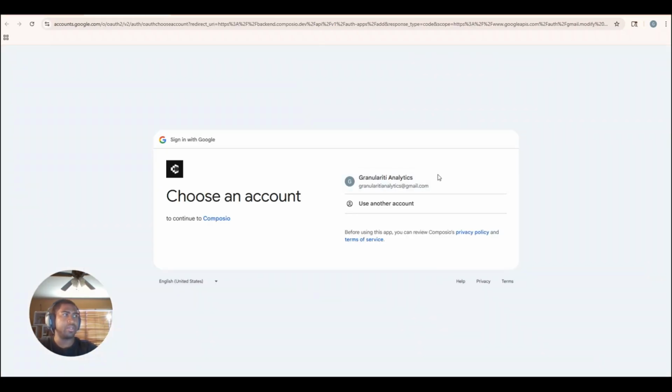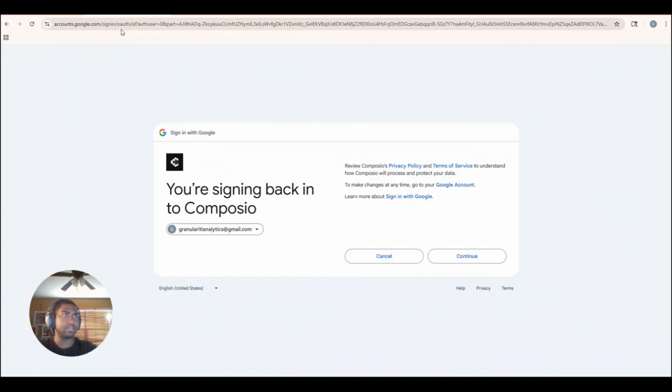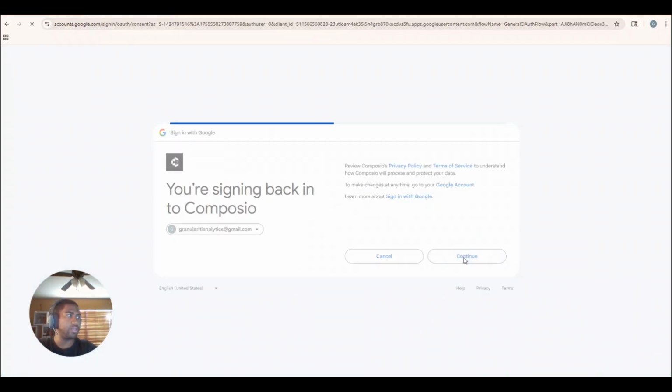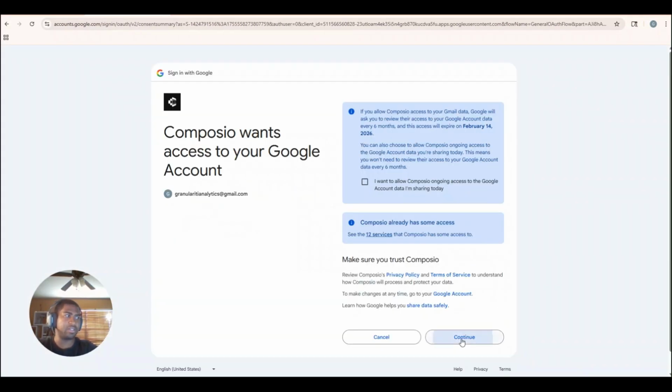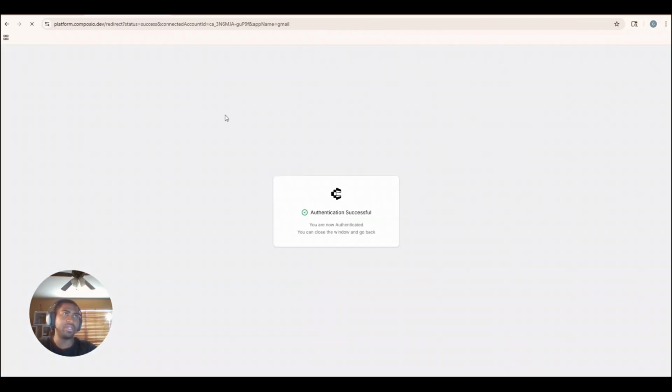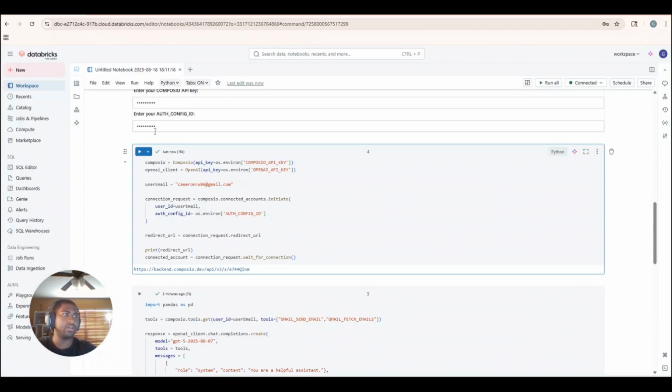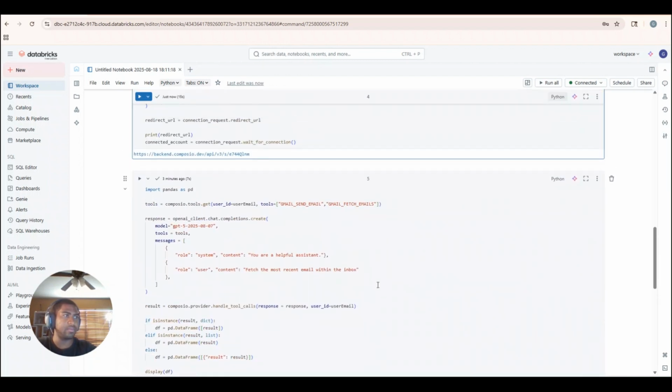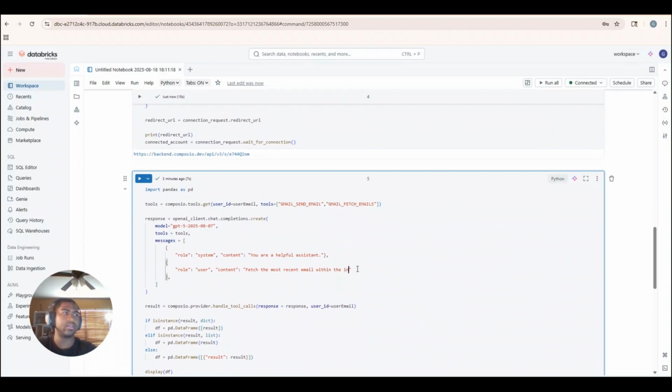So again, we're using Granularity Analytics. Continue. Now you could make this authentication automated. I'm not going to do it here because again, it can turn into a longer video. But again, it completes. We're going to send it to this email address here. And instead we want to say, give me a second. Instead we want to say,